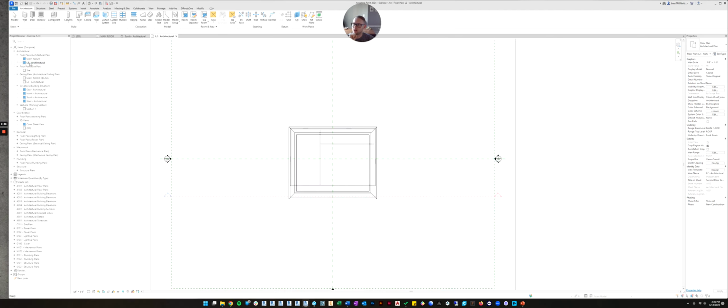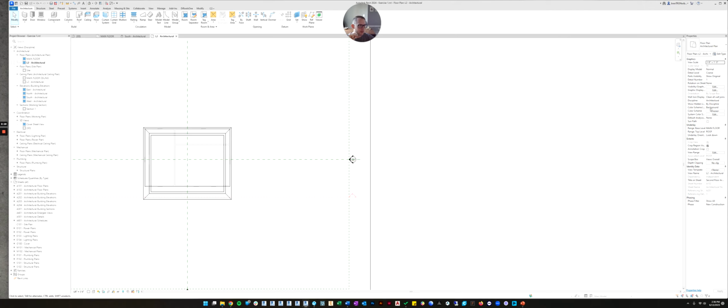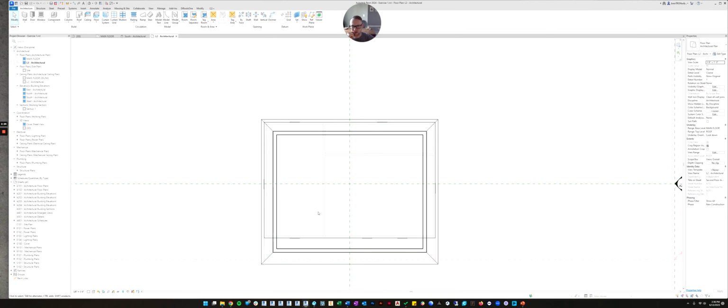If we double click on level 2, and you look over in the properties for the level and you go under extents and you look at associated level, it tells you what level it's looking down at, and it says roof. So you can see here's the roof and it's looking down at the roof, and you can even see level 1.